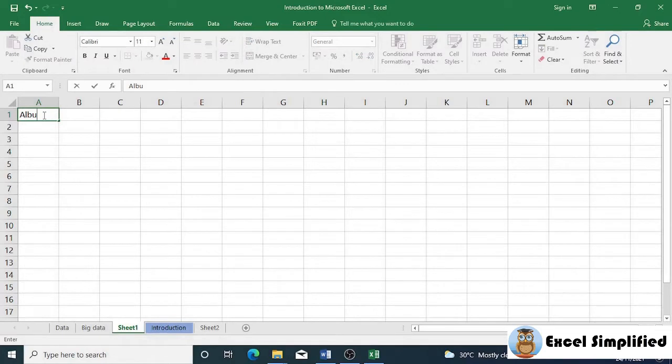First column, it will be the album name. We can use the tab key on your keyboard to move to the right. To move to the left, hold shift and tab. To move down, use enter. To move up will be shift enter. Alternately, you can just use the arrow keys up, down, left and right on your keyboard to move between the